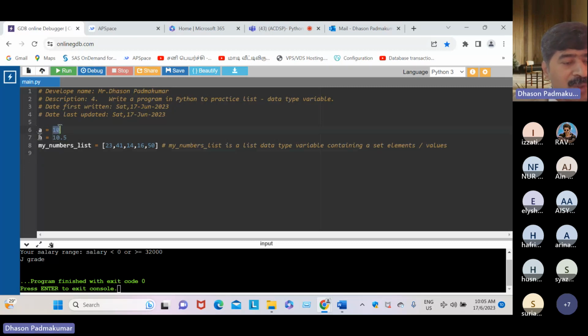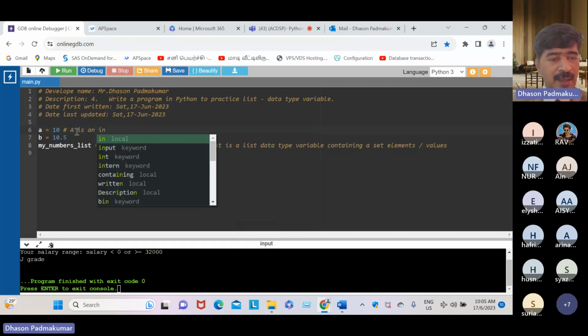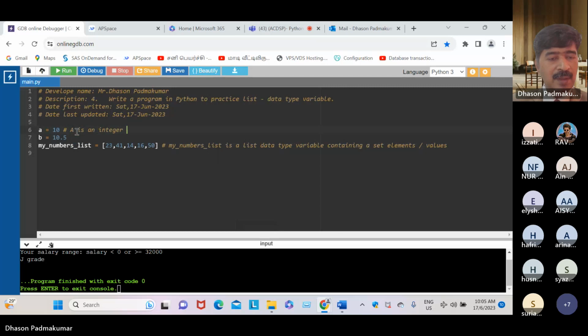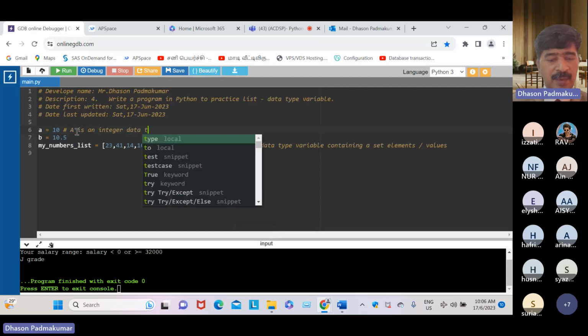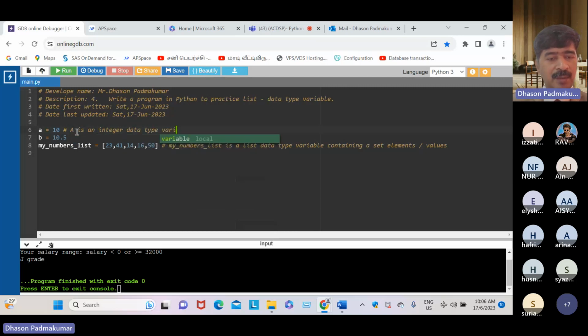You must answer like this: A is an integer data type variable holding the value 10. That is a 100% perfect answer.